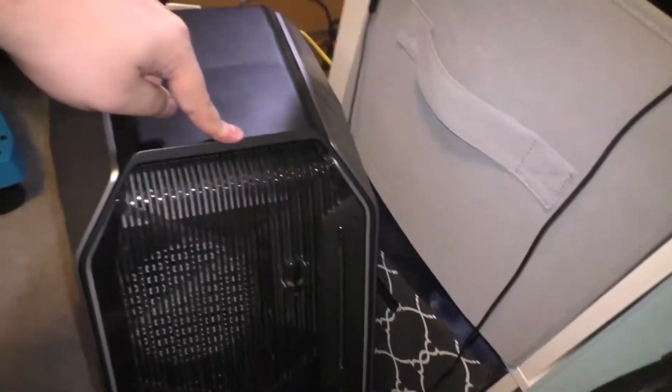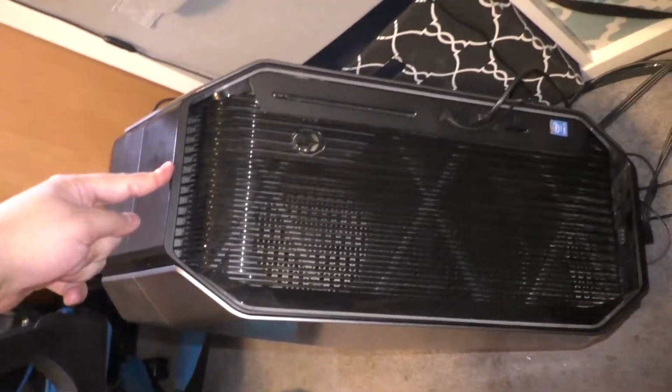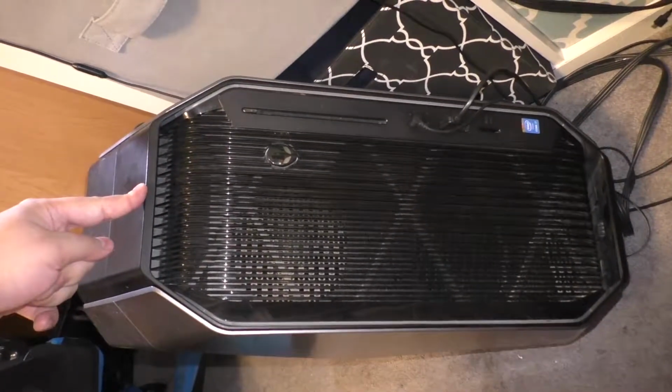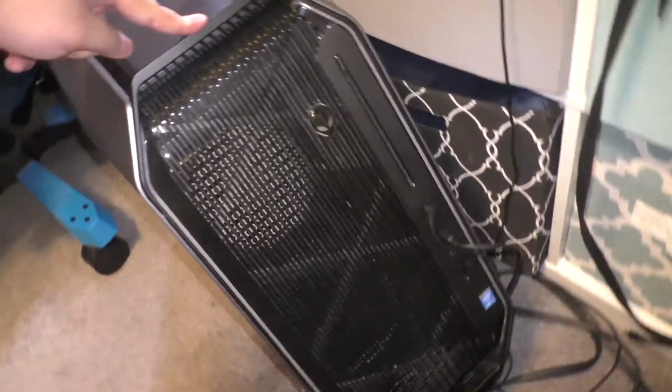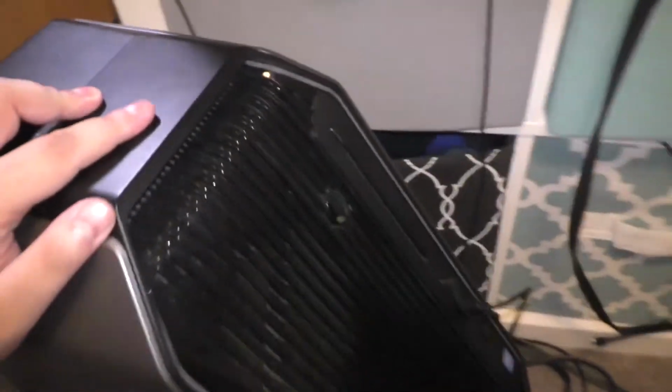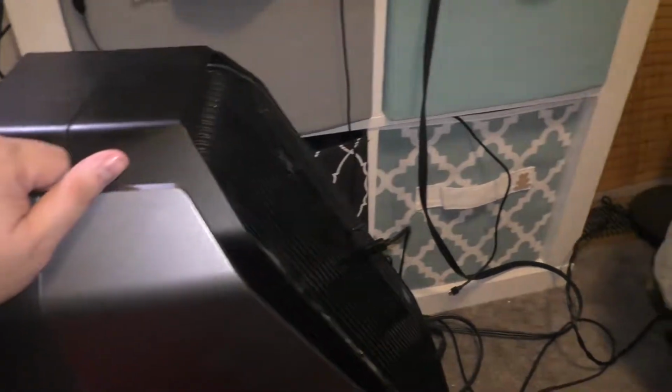Now this is an Alienware Area 51. Let me do this. Might be a bit better. I don't know how that's going to work out in the video. We'll see. But it's an Area 51 computer that I got at Best Buy. A good place to get it, I suppose. So what it comes with...